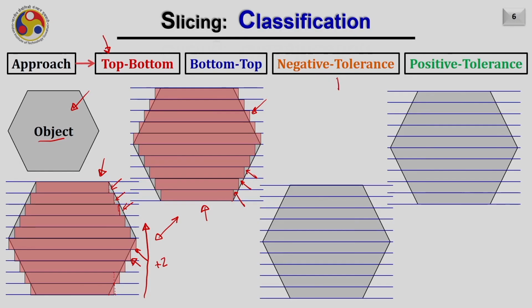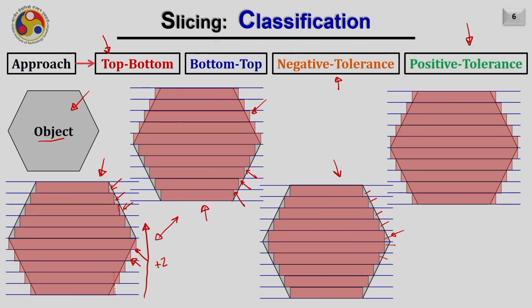If we are considering negative tolerance, in that case the object will be built like this. Means each time the projection of the slicing contour will be in such a way that the extruded contour will remain inside the actual part, and hence you can see there will always be some less material added or printed than the actual one. Now this is the case for positive tolerance. Here one can see the slicing contours will be projected in such a way that the deposited part will give you the excess material than the actual part.